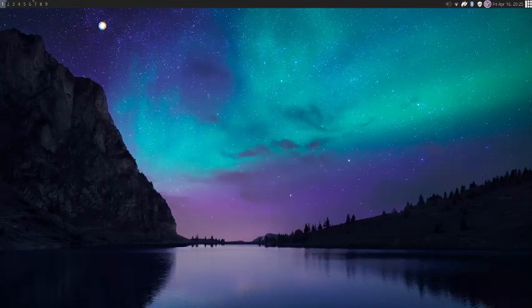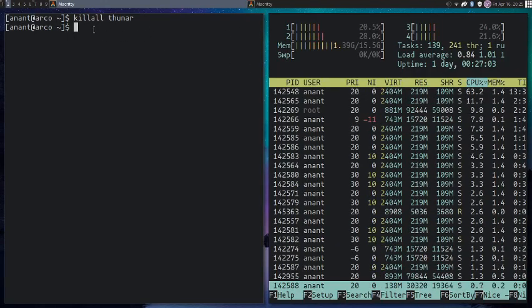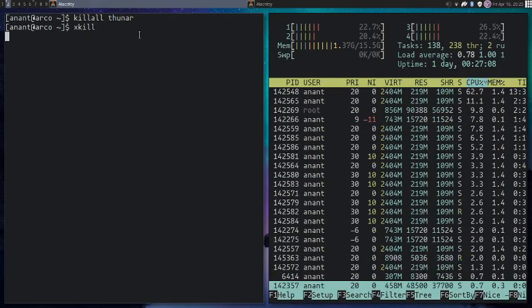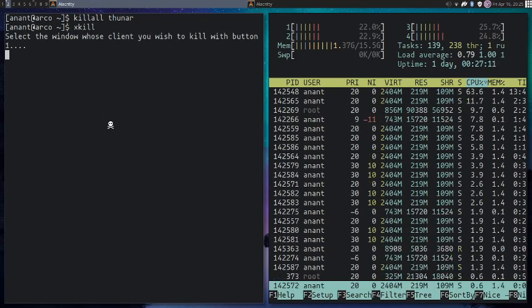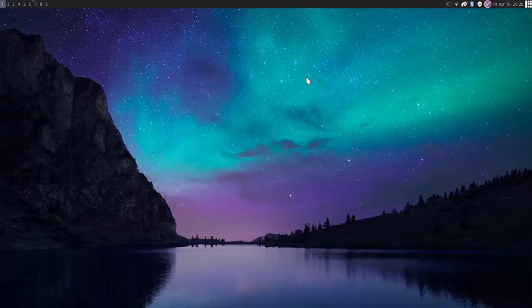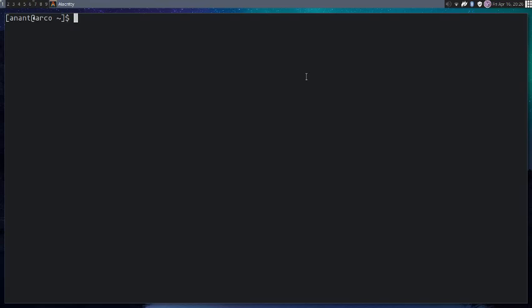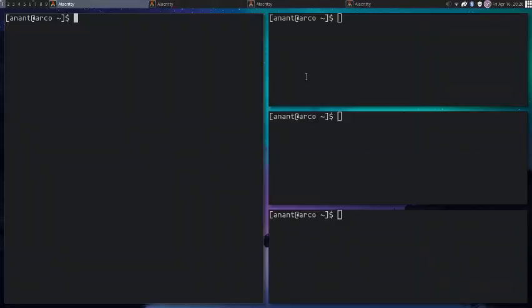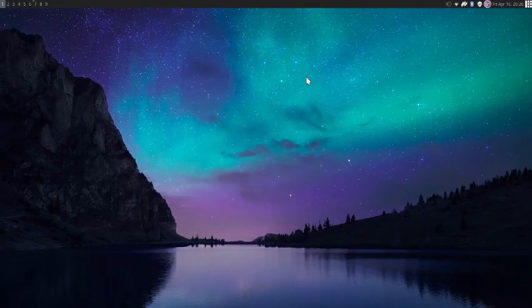There's another tool called xkill, I believe. So I'm not opening Thunar right now. If I do xkill, it will show this type of prompt, sometimes a cross also. If you click on an instance of that, it will kill that, and it is also a very good tool. So you can use that also, but it is not necessary because you can also kill it by the normal keyboard shortcuts. But if you are not able to close it for some reason,